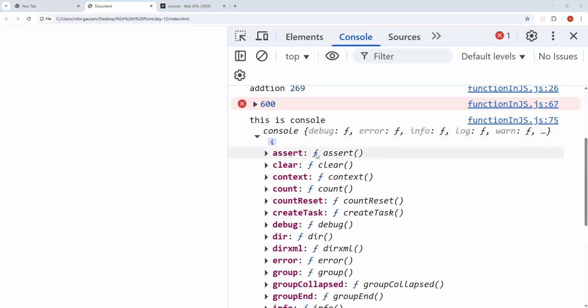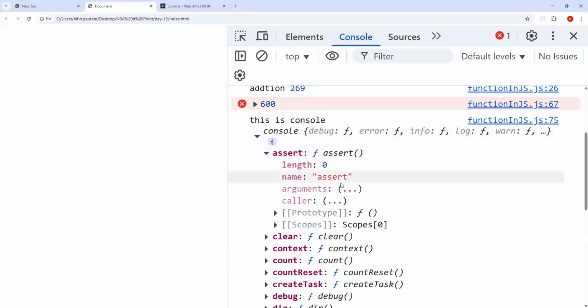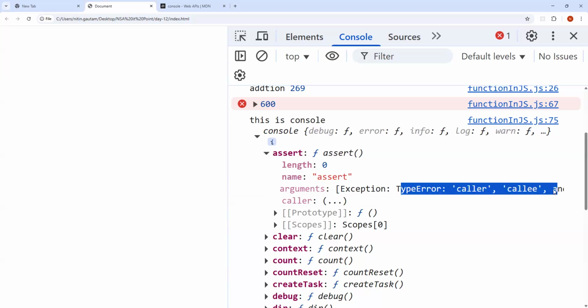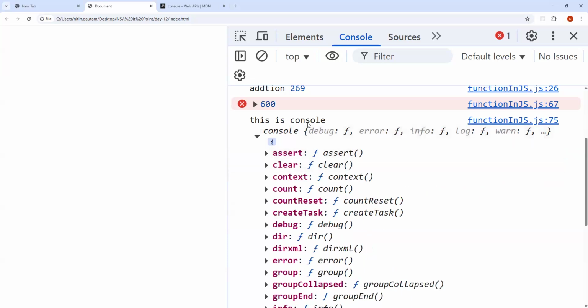F means function. Can you see arguments? These are advanced things, but even I don't know what they are. But can you see? Console is an object.